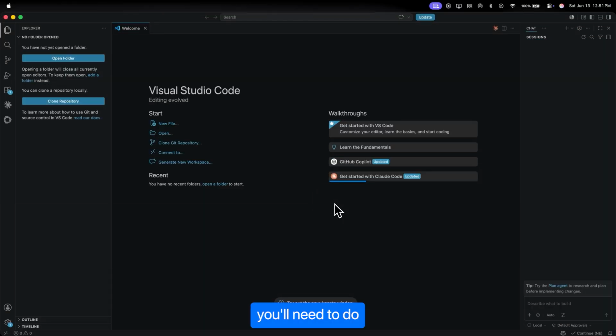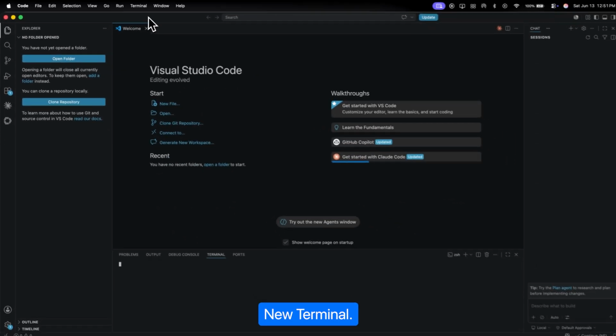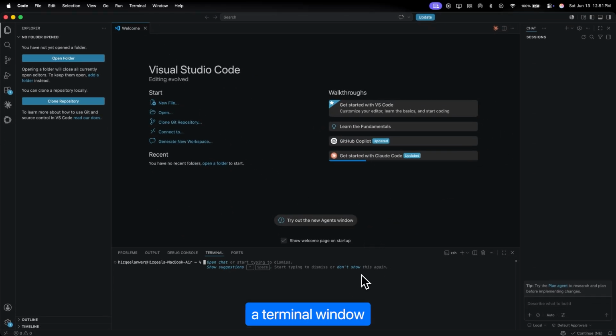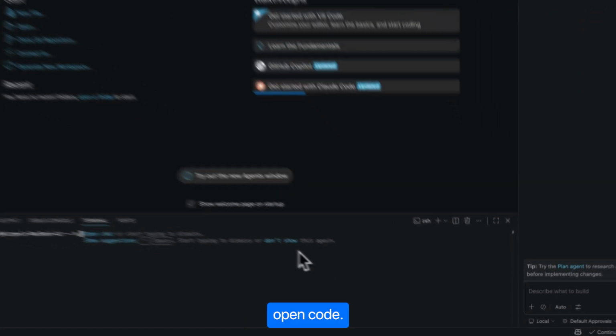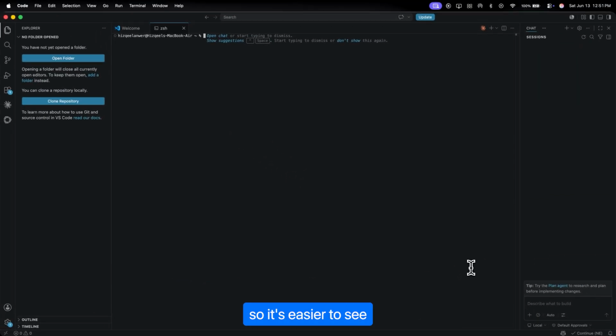The first thing you'll need to do is install OpenCode on your computer. I'm using Visual Studio Code for this tutorial, but the process is very similar regardless of your setup. Start by opening VS Code. At the top of the window, click Terminal and then select New Terminal. This will open a terminal window where we'll install OpenCode. If you want a cleaner workspace, you can drag the terminal into the editor area so it's easier to see